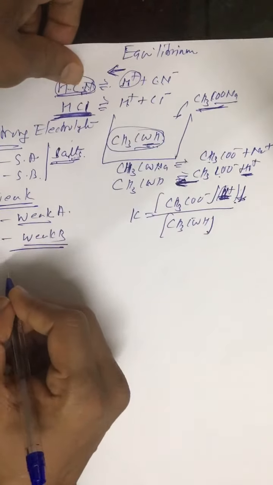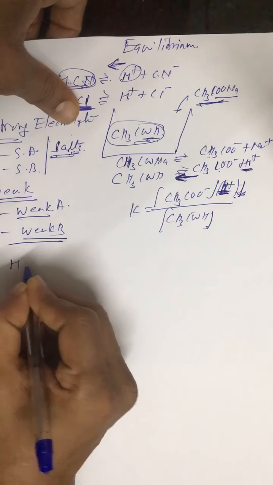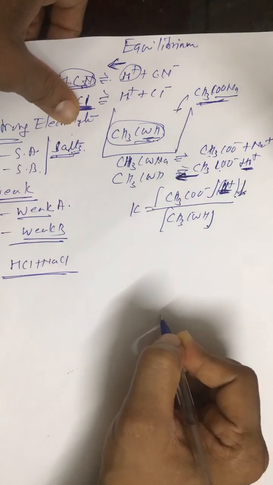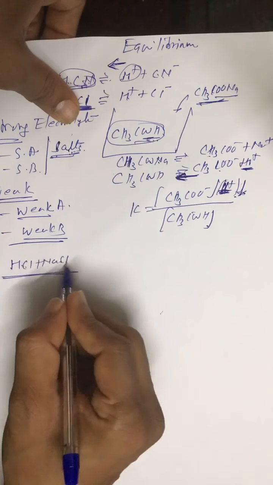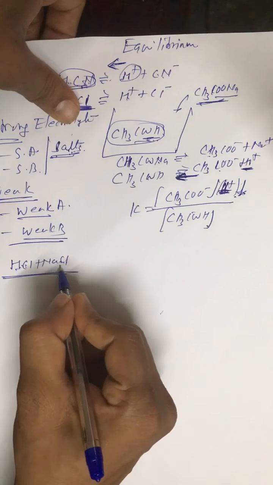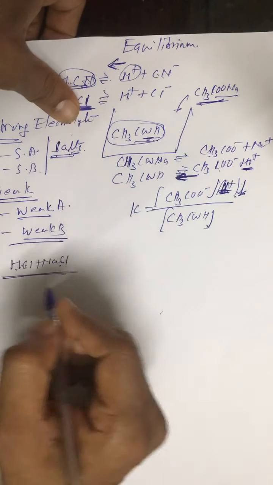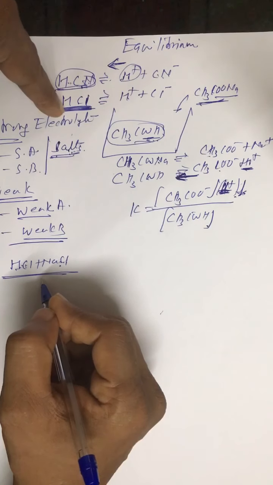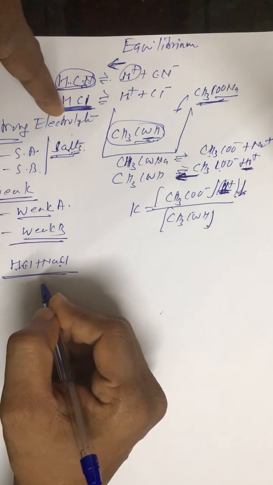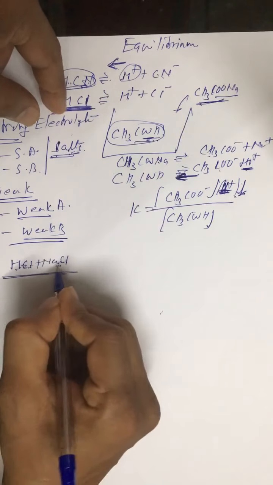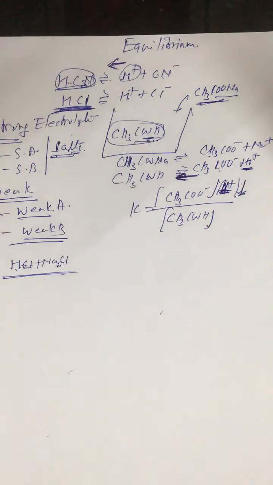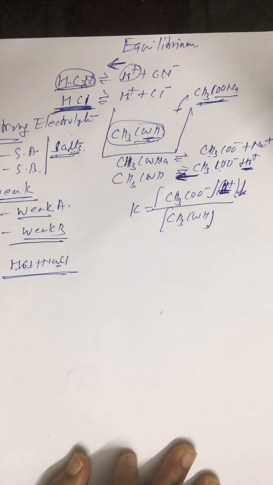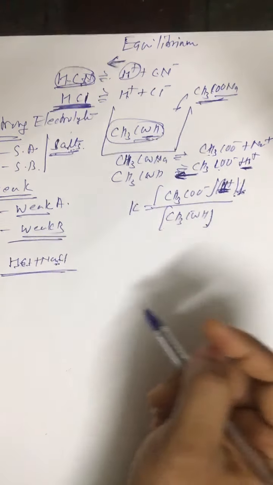And there will be a question like: is the common ion effect observed in the case of HCl and NaCl? Whether in this case it is observed? No. There is a common ion, but both are strong electrolytes. So the condition is that one electrolyte should be weak and the other one should be strong. Here both are strong electrolytes, so though we have a common ion, the common ion effect is not observed. Alright, so this is the common ion effect.